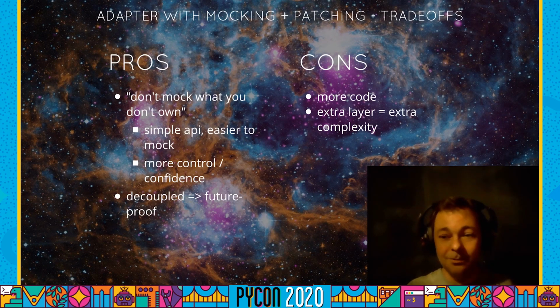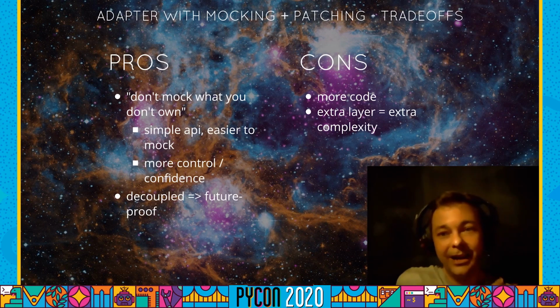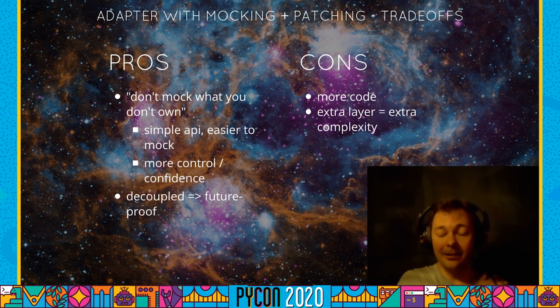I can go ahead and make all the changes to the way that I integrate and make a new version of that wrapper, that adapter, but probably it still has the exact same sync method and the exact same get latest ETA method, and so all of the tests for my core business logic don't need to change. So I've bought myself a bit of future proofing. I've allowed my infrastructure concerns and my business logic to vary independently. I've done some decoupling. Those are the pros.